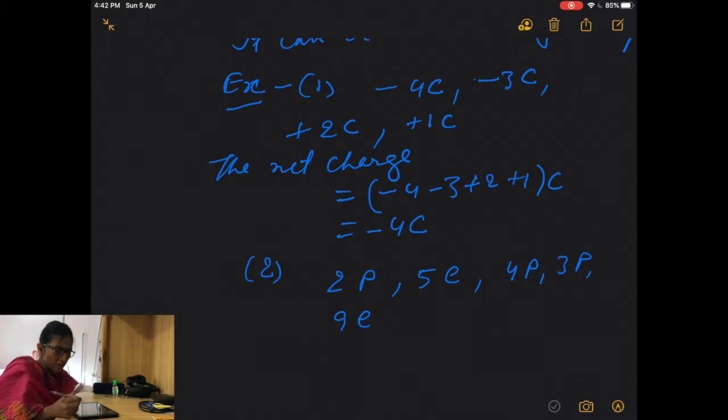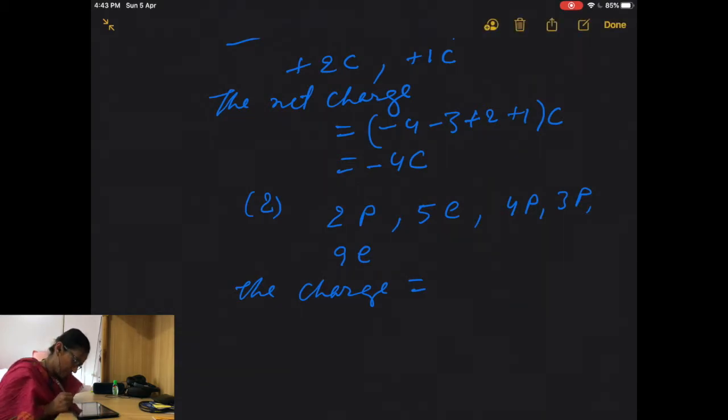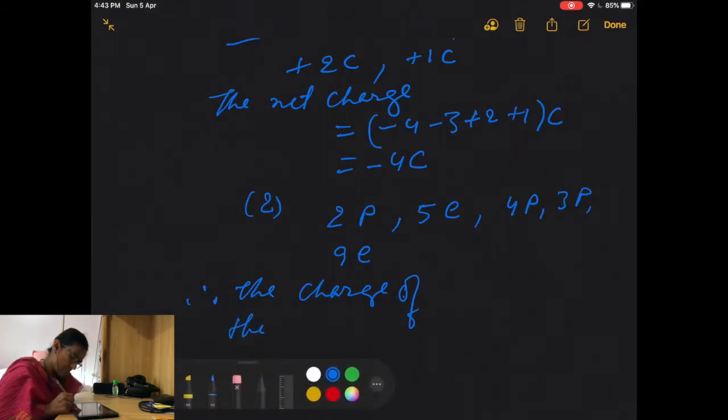Then what is the net charge on the system? Net charge on the system will be equal to